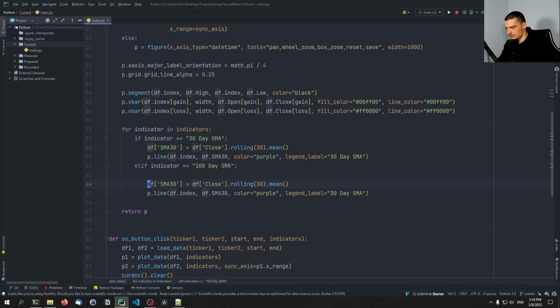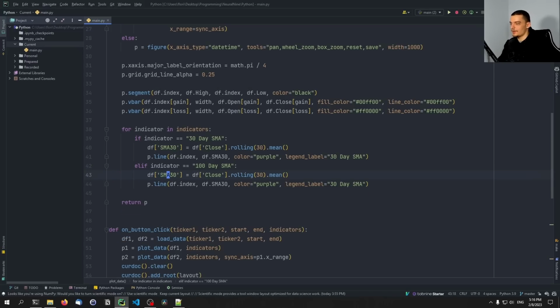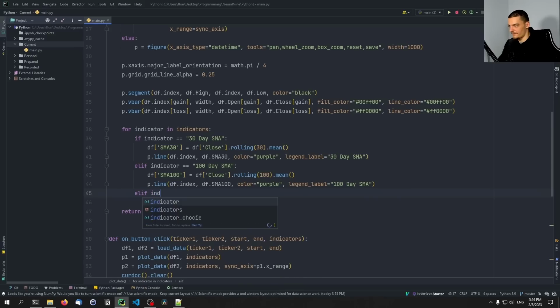This was the wrong command. There you go. 100 and 100 and 100 and 100. And then we can also make one for the linear regression